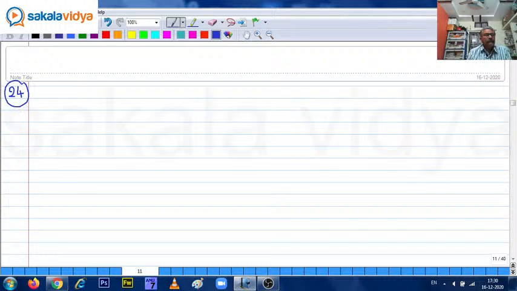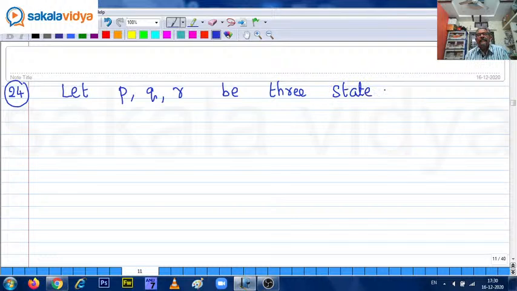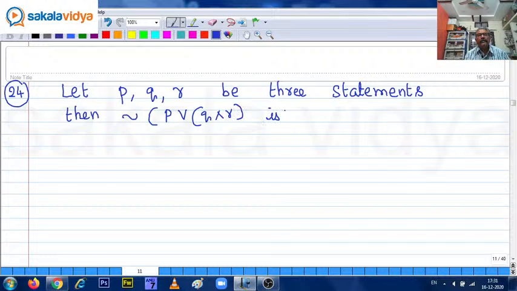24th problem. Let P, Q, R be 3 statements. Then negation of P or (Q and R) is equal to